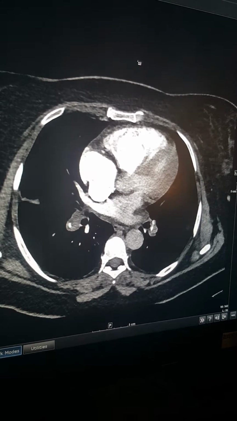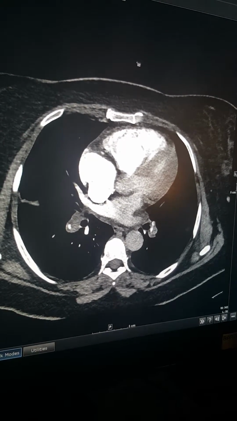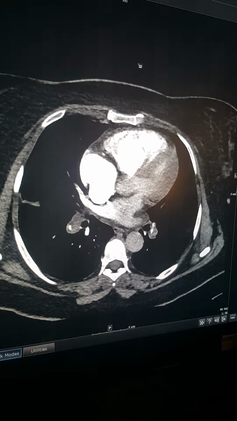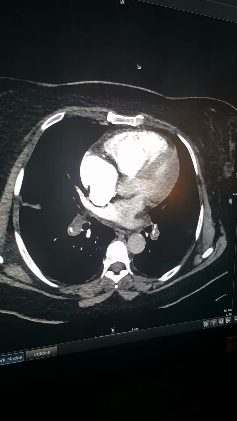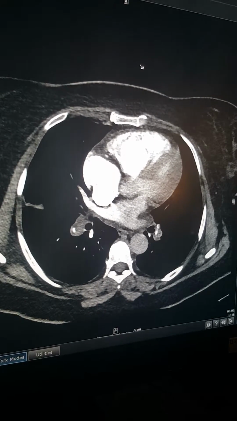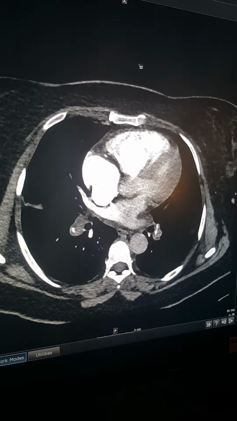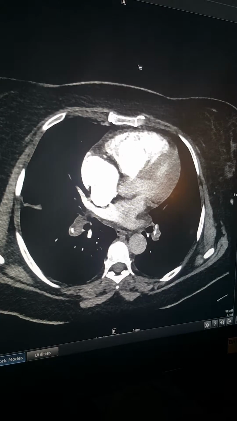Which is equivalent to how many chest X-rays? Well, let's compare it to a regular PE. The regular CT angiogram is about 13